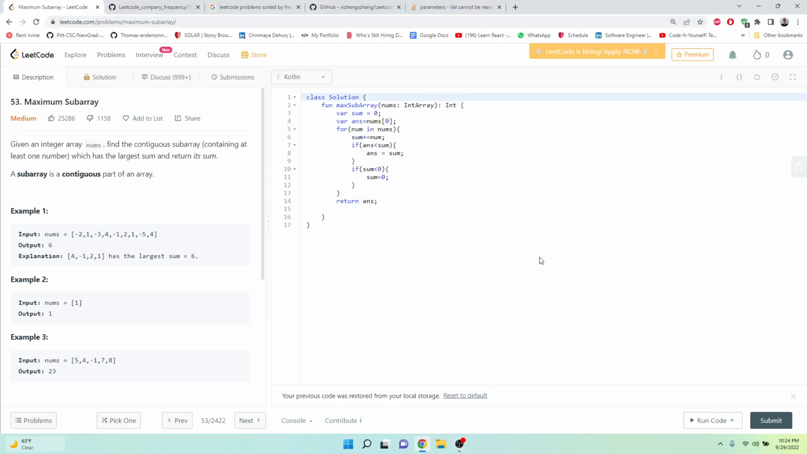Hi, so today I wanted to start with a simple question. Since I'm new to Kotlin, I wanted to practice some easy questions. And so this is a pretty popular question. It's called maximum subarray. Given an input of an integer array,